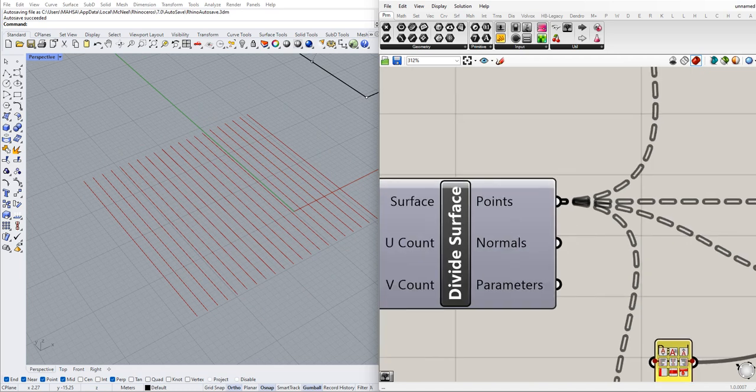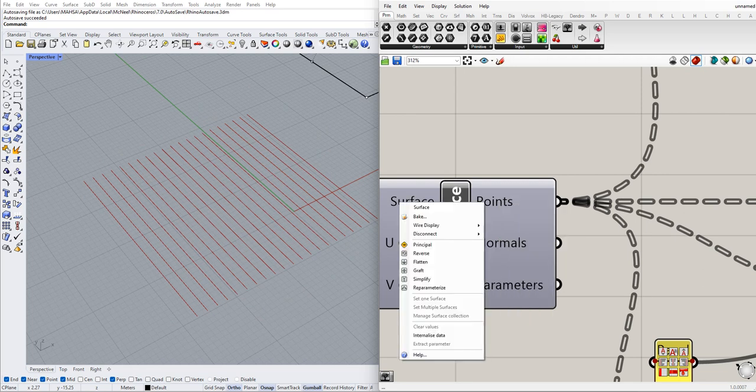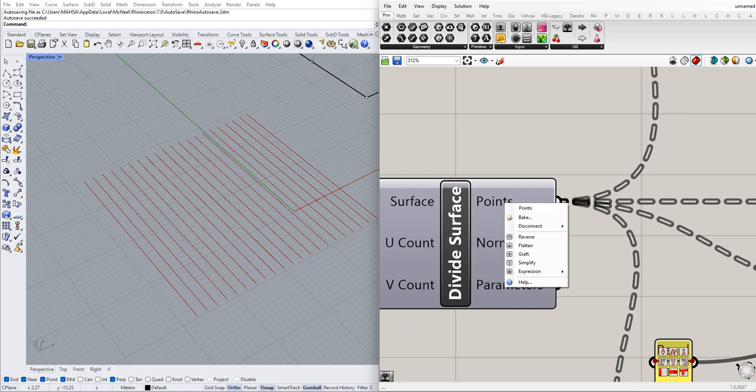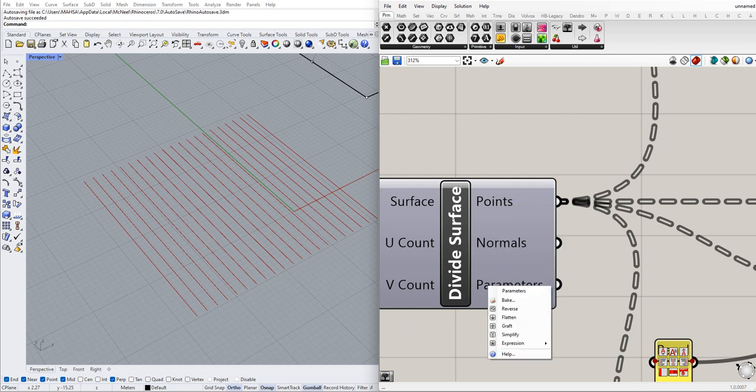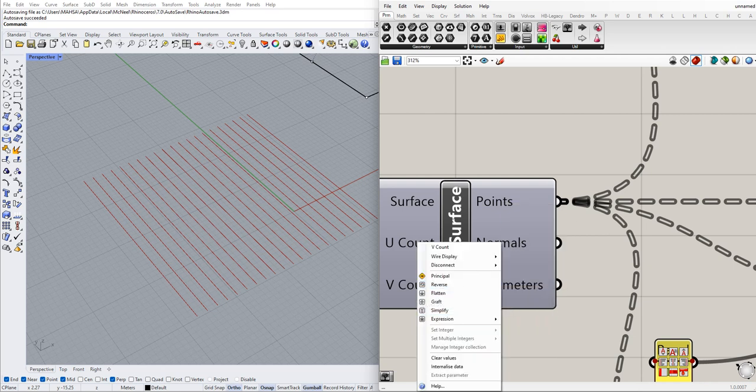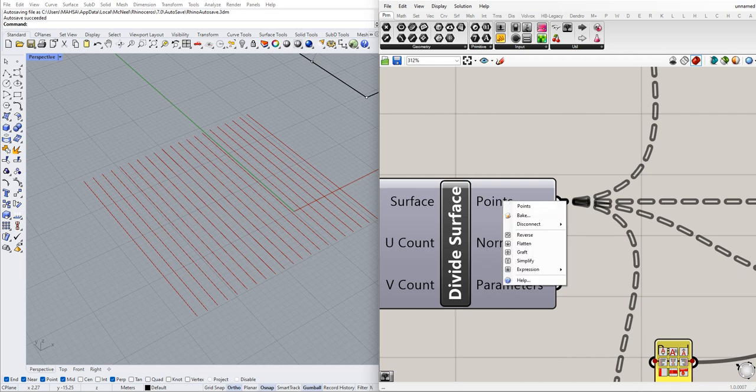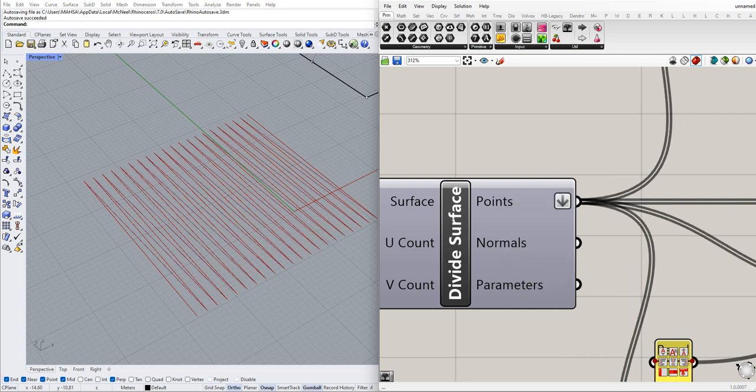When you right click on each of these parts, it has different meanings. The thing that I'm going to do is flatten these points. When I right click and select flatten,